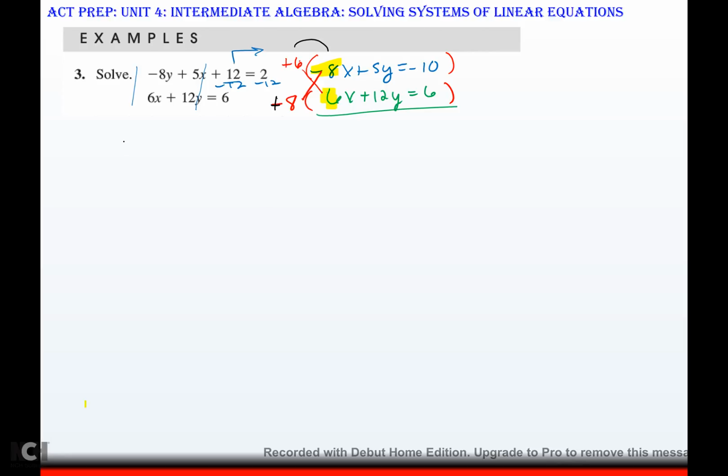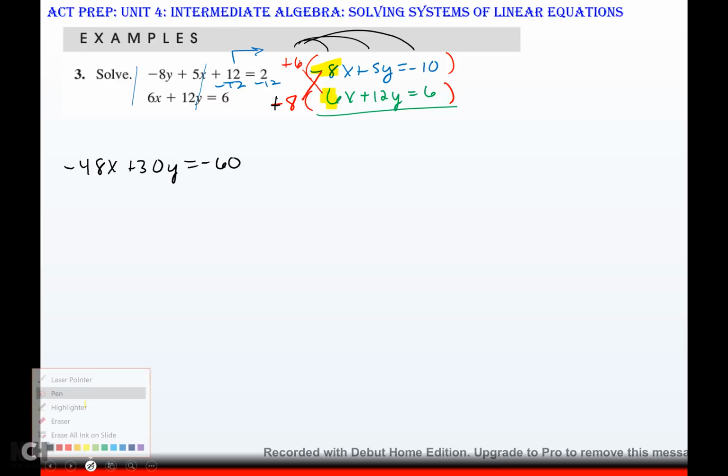6 times negative 8x is negative 48x. 6 times positive 5y is 30y. 6 times negative 10 is negative 60. On the bottom, I'm going to distribute the positive 8, which gives me a positive 48x. 8 times positive 12y is going to give me a positive